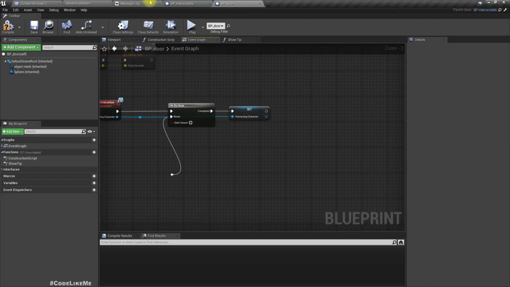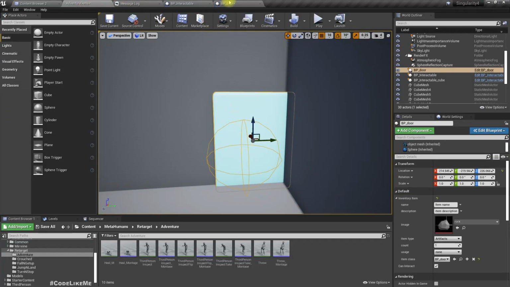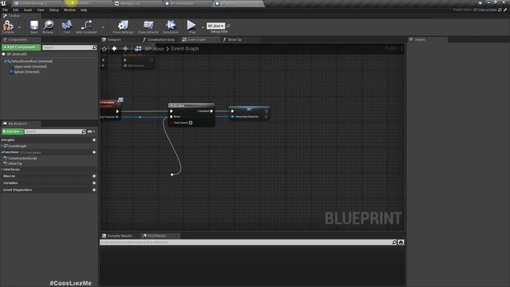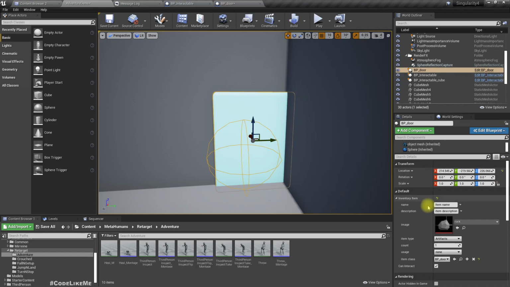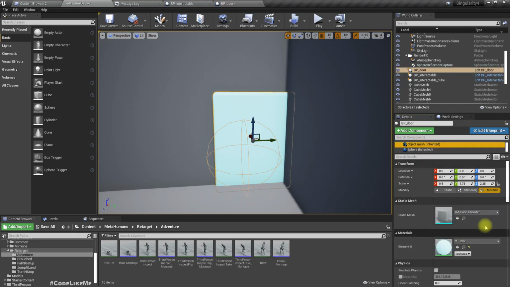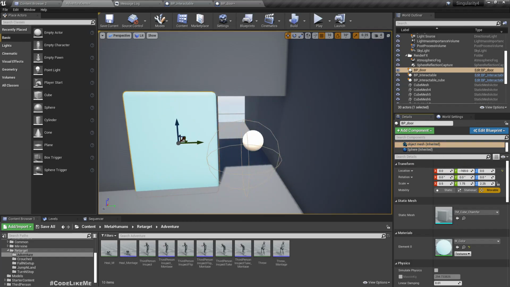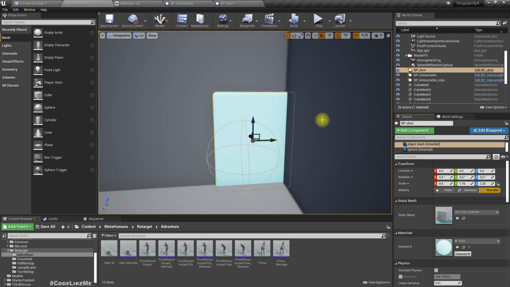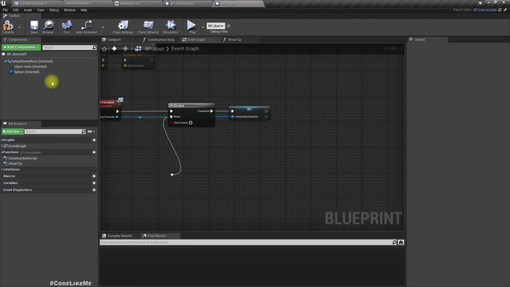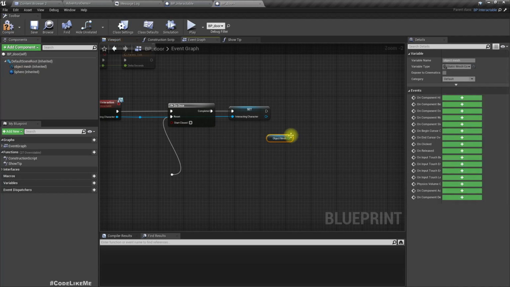What we have to do is open the door. By default the door is here, the mesh is in 0 0 location. If I move it to -169, let's say -170, the door will open. So get the object mesh,